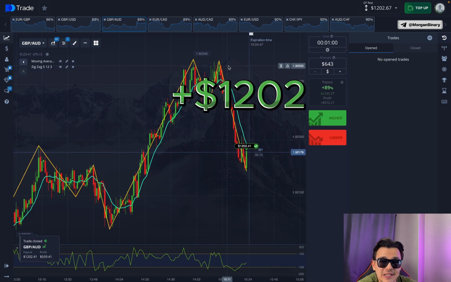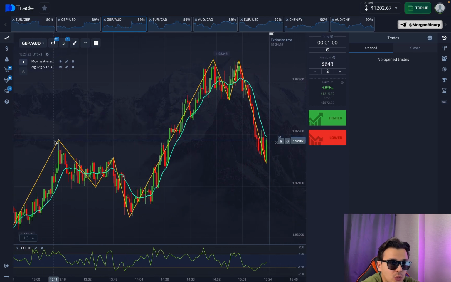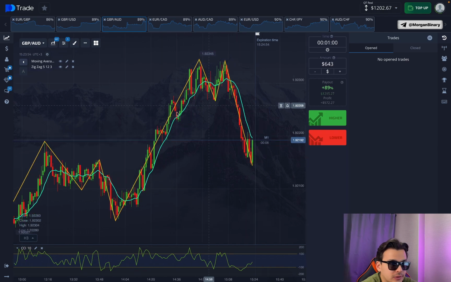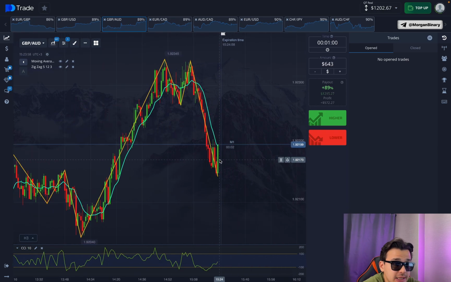The trade closes in profit. The price level worked well, and the impulse to move upwards was strong. I'm very happy with the analysis. Let's open two trades at